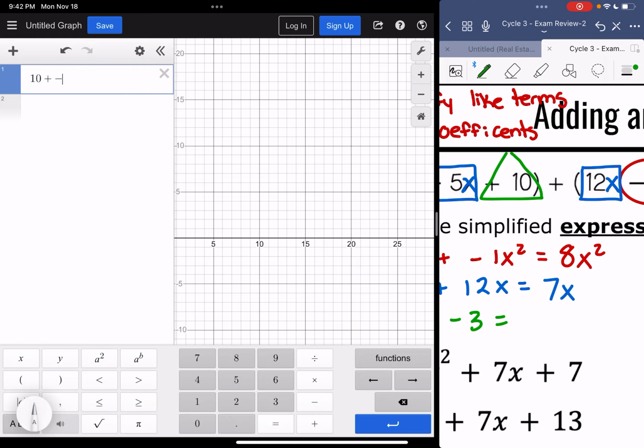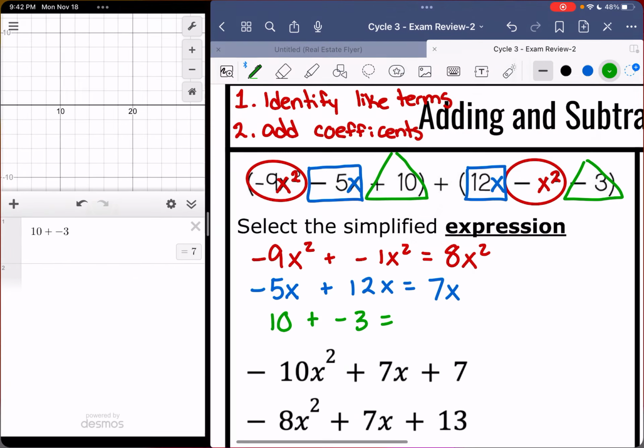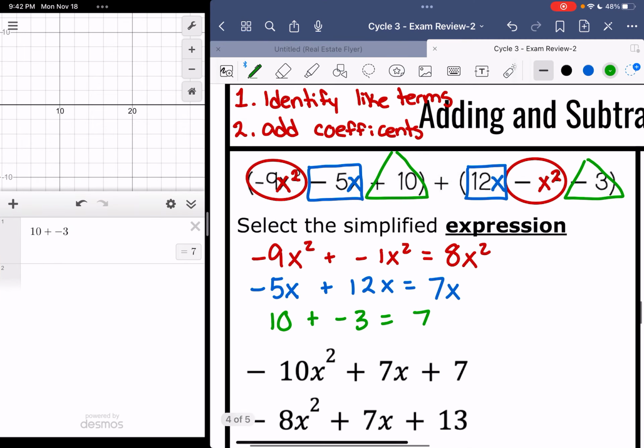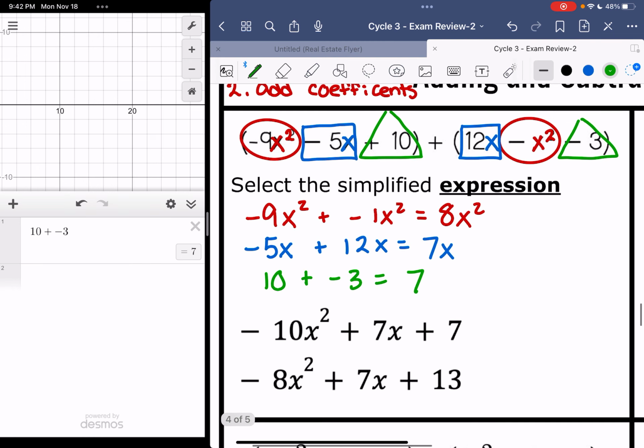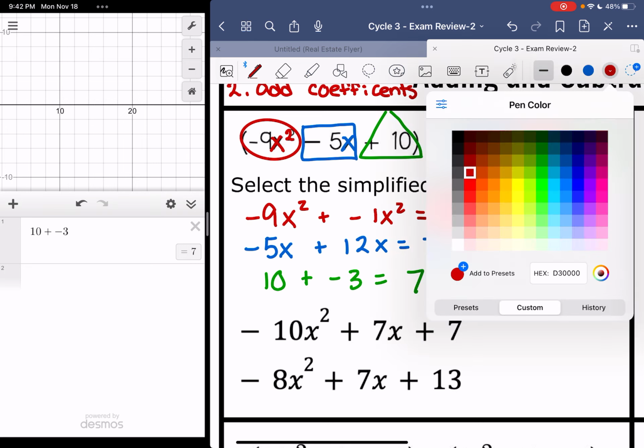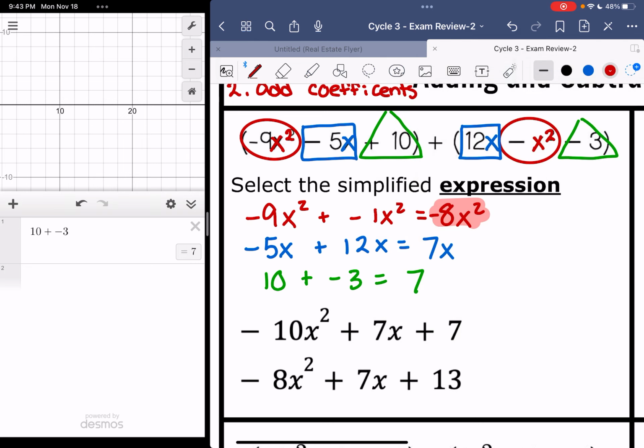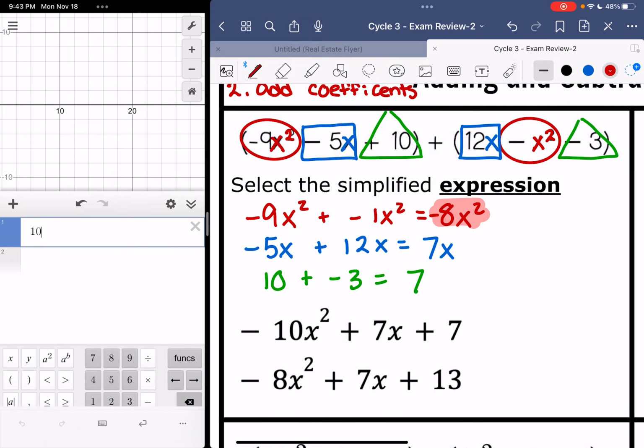10 plus negative 3 gives me 7. All right, using those, now we can go ahead and find that answer. So we have 8x squared. It was definitely negative 8x squared. I think I typed that in wrong. That would be